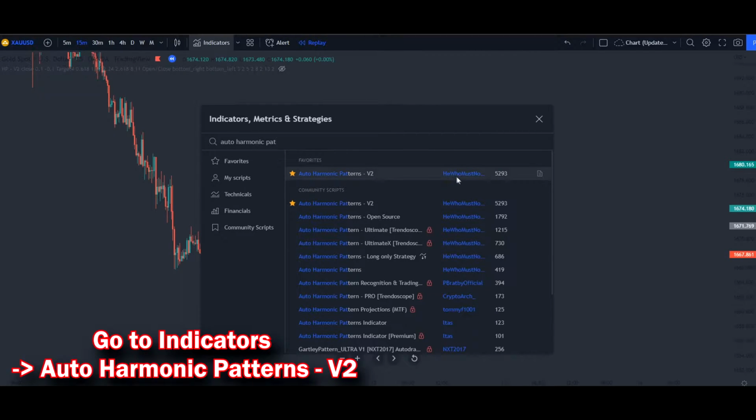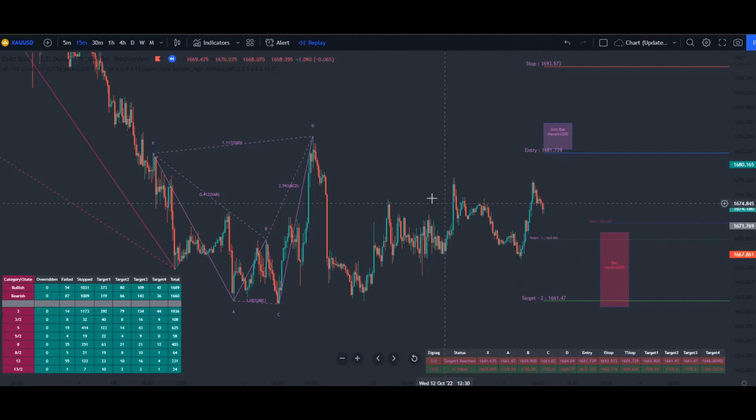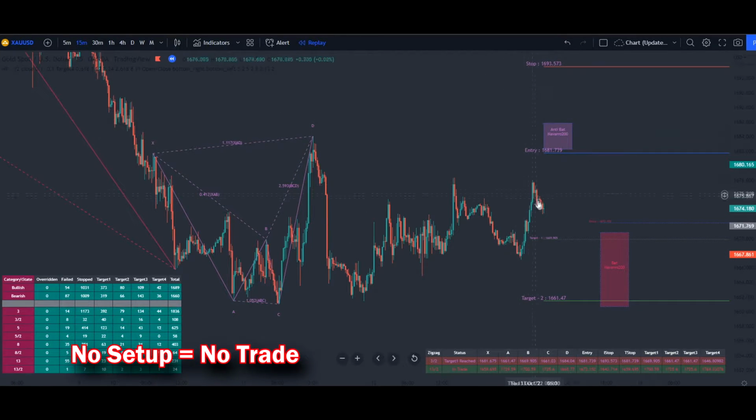by He Who Must Not Be Named. Select this indicator and you should be able to see this harmonics pattern as well as the entries and the target prices, also the stop loss. If you do not see any of this, it means you shouldn't be trading as there is no setup currently